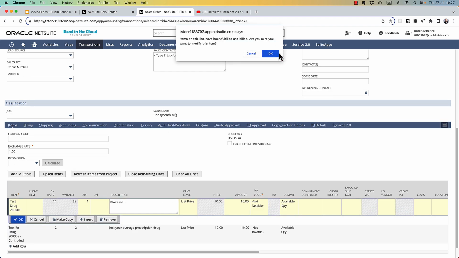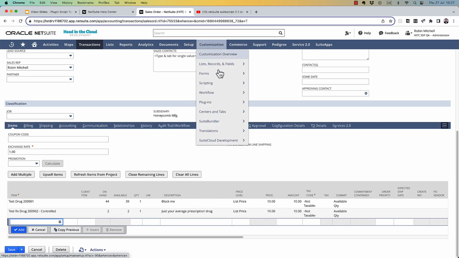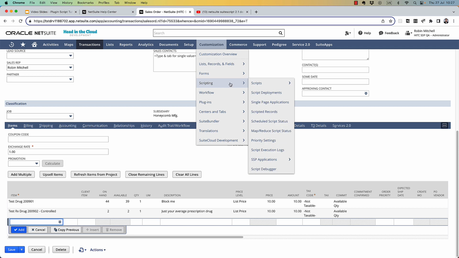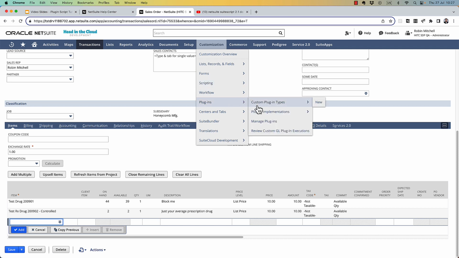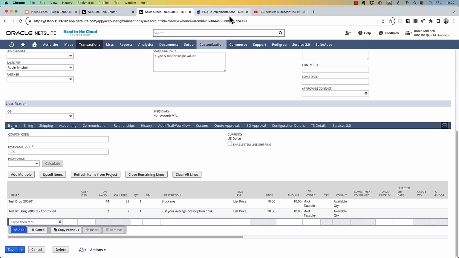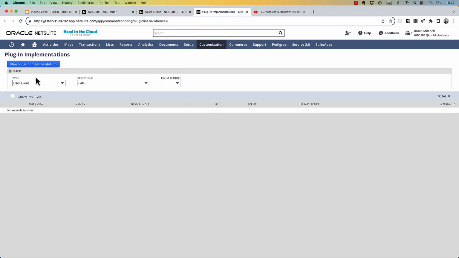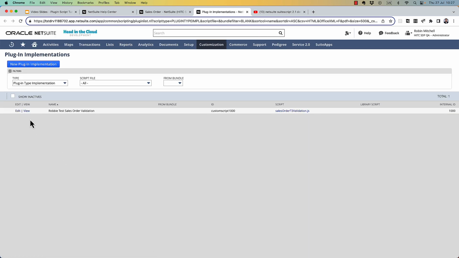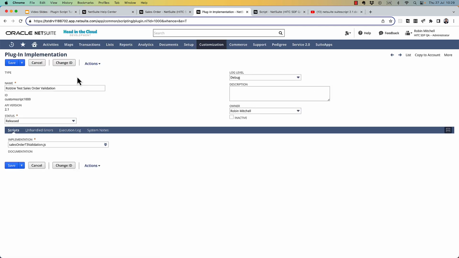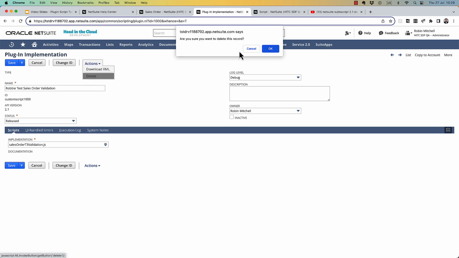So before I save this, let's take a look and see how the plugin implementation looks. So if we go to Customization, Plugins, Plugin Implementations, now I always find this interface to be a little bit buggy, but you might have to switch the type here to Plugin Type Implementation. And here's our test sales order validation. So something looks weird here where my type is blank, so I might just recreate this